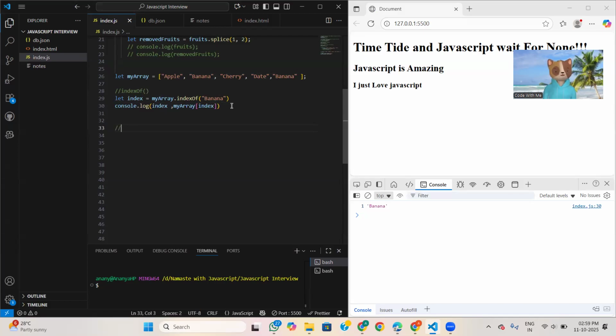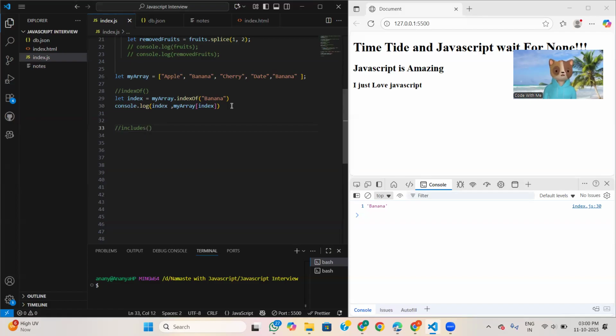And the second one is, if we want to know whether something is present in the array or not, in that scenario we will use includes. For example, in a DSA problem where we have to check for duplicates, whether this element is a duplicate or not, we will use this.